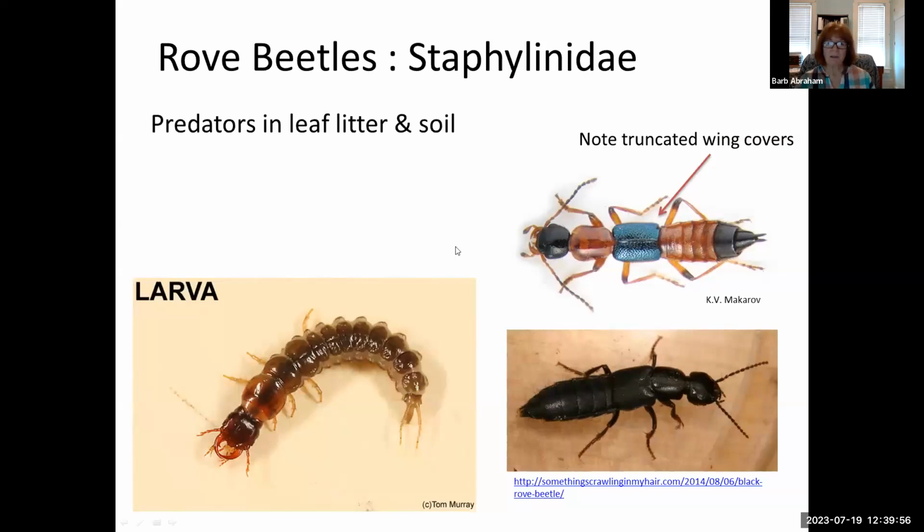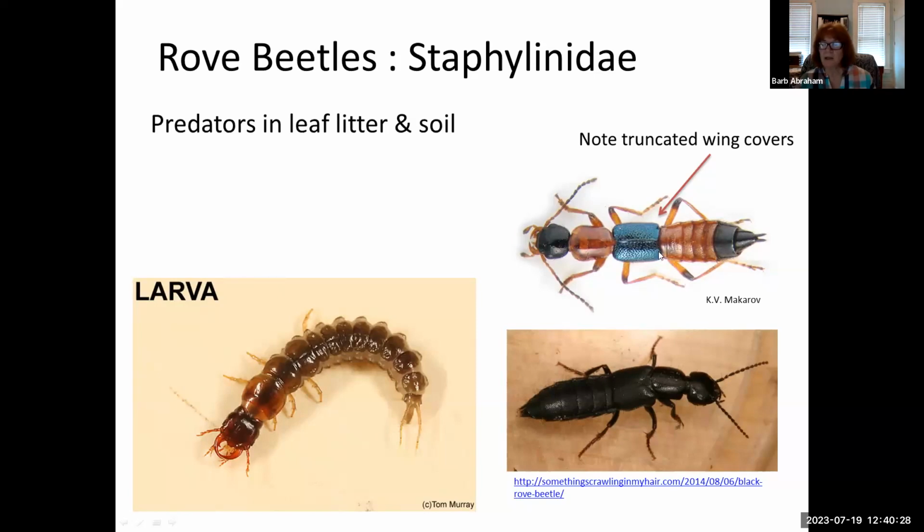Another kind of beetle, which is predaceous, which is important in soil and litter food webs, are the Staphylinidae, or the rove beetles. And again, I think I showed you this larva before with the big jaws. And here you see the big jaws on this adult. You can't really see it on this one, but I wanted to be sure and show you a couple of different colors because they're not all colored like this, although this one is one of the common ones. The way to tell a rove beetle is this elongate shape